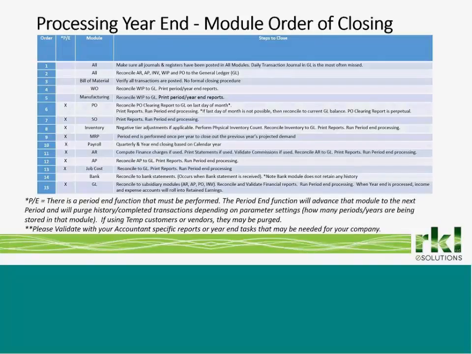And then the last module that gets closed out is the general ledger. I want to make sure that everything else is posted all the way through. The general ledger does not need to be closed right at the end of the month. Oftentimes people will keep that open so that they can put in adjusting entries. At the year-end time, your income and expense accounts will get rolled into your retained earnings,